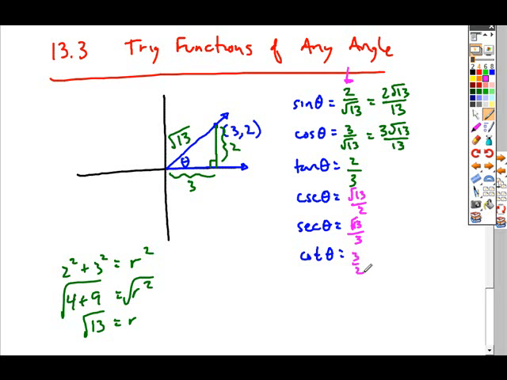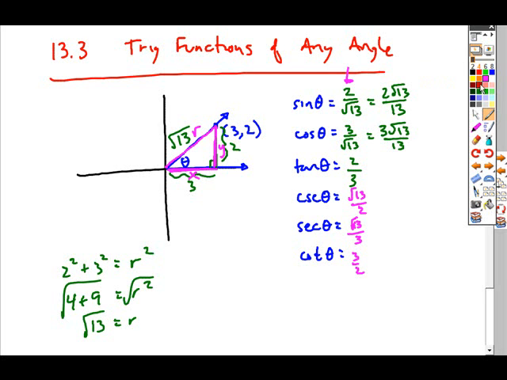Okay, now, when you look at this, just in a general sense, let's look at what we have here. This value is a radius. This length right here is your y-coordinate. This length right here was our x-coordinate. And so if we were to put these ratios just in terms of x, y, and r, which is what your book does,